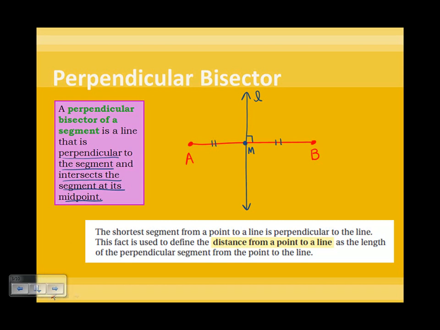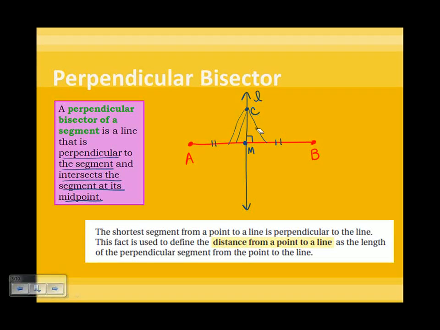So if we had a point here, and let's call this point C, and we wanted to find the distance from C to segment AB, we could go from C to AB this way, we could go here, here, but what this says is the shortest distance, or the shortest segment from point C to a line AB is the perpendicular to that